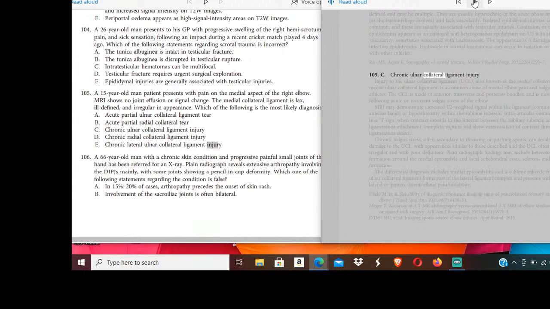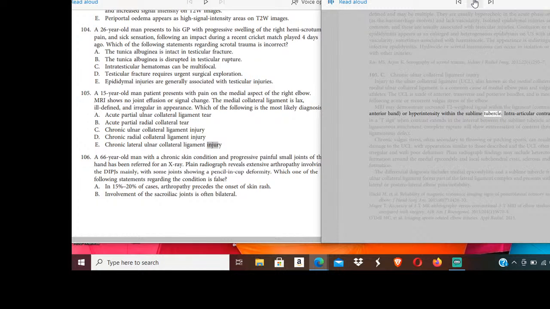C. Chronic ulnar collateral ligament injury. Injury to the ulnar collateral ligament, UCL, also known as the medial collateral ligament or medial ulnar collateral ligament, is a common cause of medial elbow pain and valgus instability in athletes. The UCL is made of anterior, transverse and posterior bundles, and is most often injured following acute or recurrent valgus stress of the elbow. MRI may demonstrate increased T2-weighted signal within the ligament, commonly within the anterior band, or